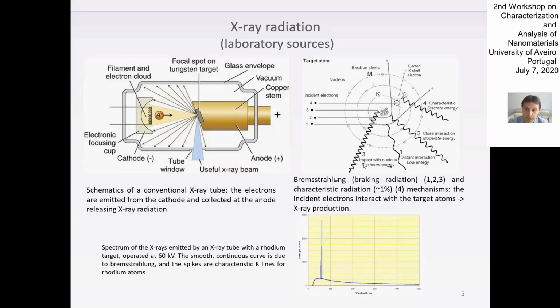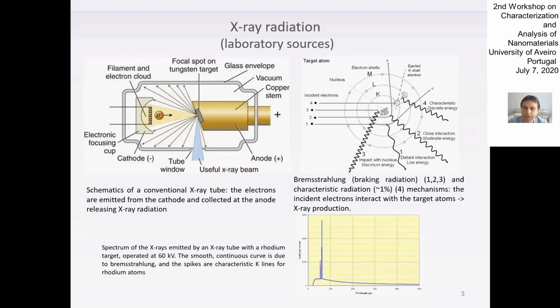This useful part is called characteristic radiation because it characterizes the material of the anode, because of the transition from the L to the K layer of the electron orbits, and this action